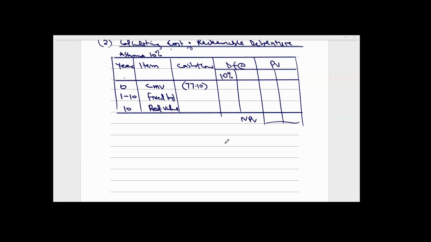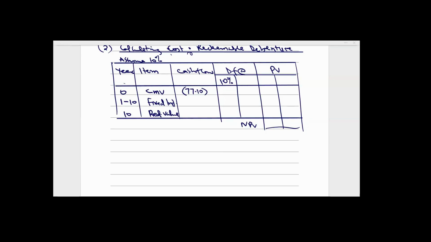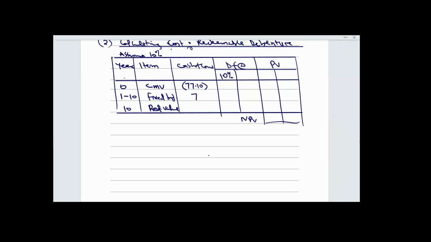How am I going to pay the tax? Is it in the current year or in arrears? The examiner is silent. You are not told whether it is in the current year or in arrears, so you assume that tax will be paid in the current year. So that one, there is no issue. I need to adjust for after-tax interest. Instead of using 7, I cannot use 7 because I'm given tax rates, so I need to adjust for tax.